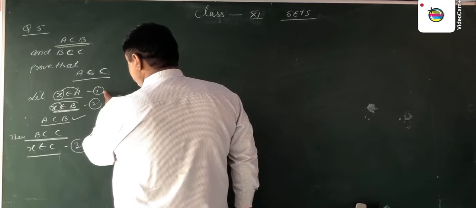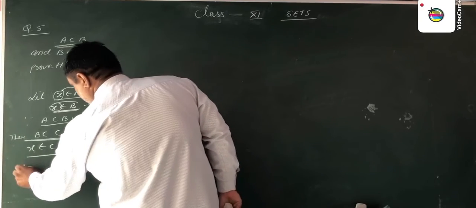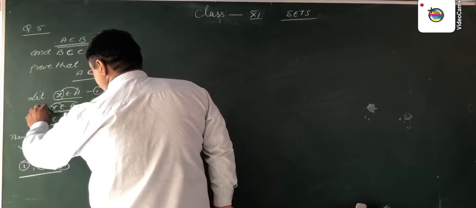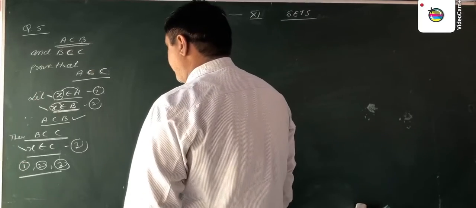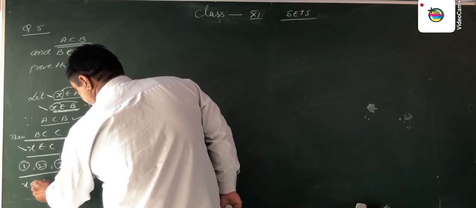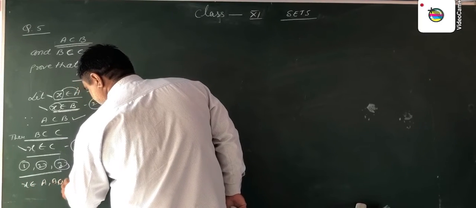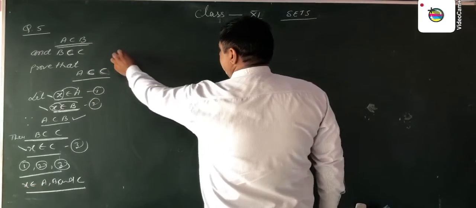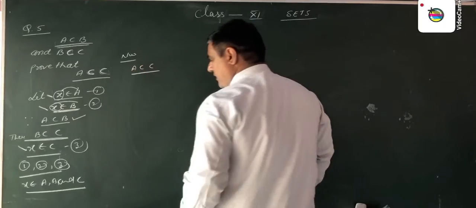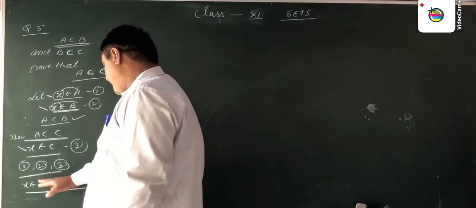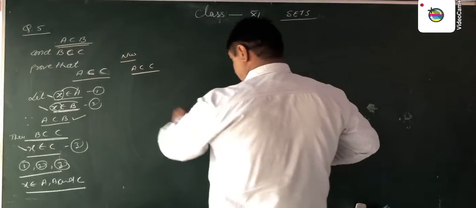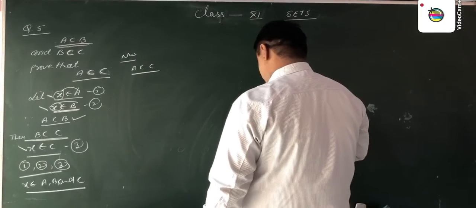It means from these first, second, and third, we have found that X is an element common to all sets A, B, C. So then we say that X belongs to A, B, and C. So now A is a subset of C. Now A belongs to C. All elements of A belong to C. So here the element X belongs to A, B, and C. Then A is a subset of C. This is your question number 5.